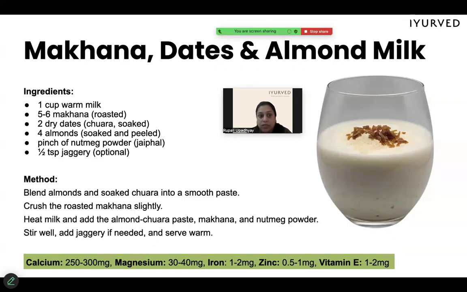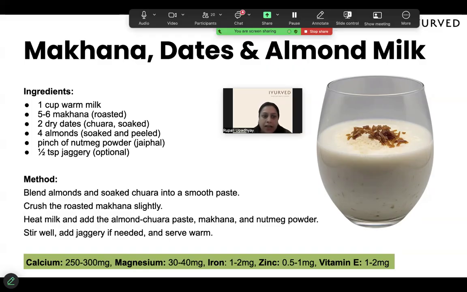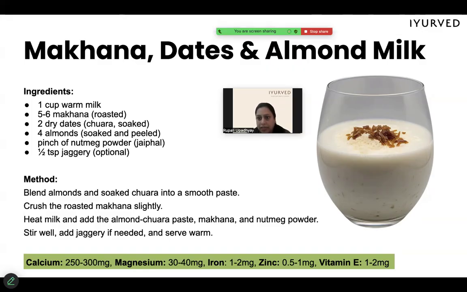बहुत ही ज्यादा फायदेमंद होता है इम्यूनिटी बूस्ट करने में। एंड ½ टीस्पून जैगरी, ऑप्शनल अगर आपको लगता है, अदरवाइज ये जो डेट्स है दिस इज अ नेचुरल स्वीटनर, उससे भी हल्का सा मिठास आ जाएगा। तो आपको ब्लेंड करना है आलमंड एंड सोक छुआरा को, एक स्मूथ पेस्ट बना लीजिए। क्रश कर लीजिए मखाना को, जो ड्राई रोस्ट किए हुए हैं उसको पाउडर्ड फॉर्म में कर लीजिए। एंड दूध को थोड़ा सा उबालने के लिए चढ़ा दीजिए, और उसमें अब ये सारी चीजें, पेस्ट, मखाना एंड नटमेग पाउडर, ऐड कर दीजिए। अगर थोड़ा कम मीठा है तो आप ऊपर से जैगरी ऐड कर सकते हैं। जैगरी इज अ रिच सोर्स ऑफ आयरन।